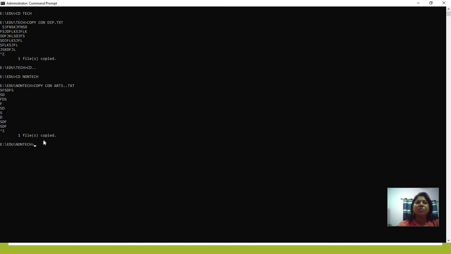Then I have to come out from this technical and non-technical directory and go back to where? Back to my root. Root is your E drive. Okay, so how to go back to root? You have to write cd / then enter. Otherwise you may write cd double dot slash double dot, then also you go back to the root, because double dot slash double dot means going back 2 steps.